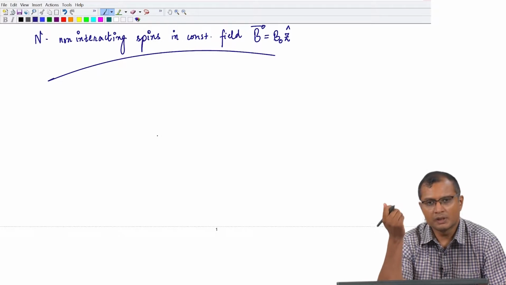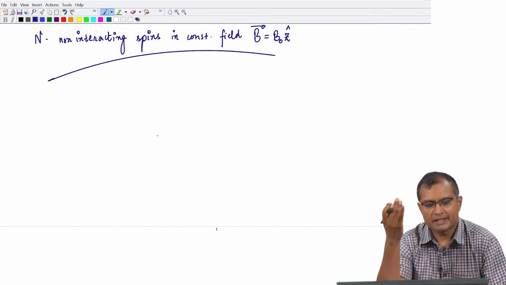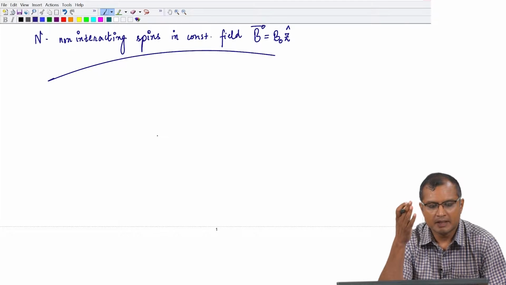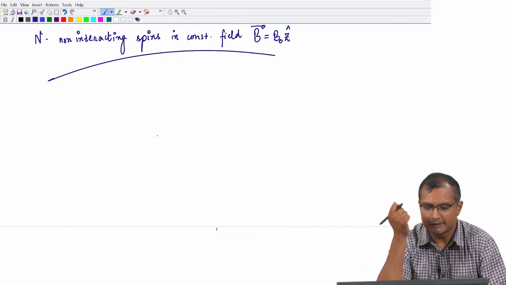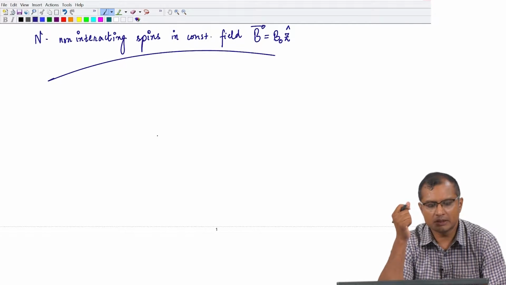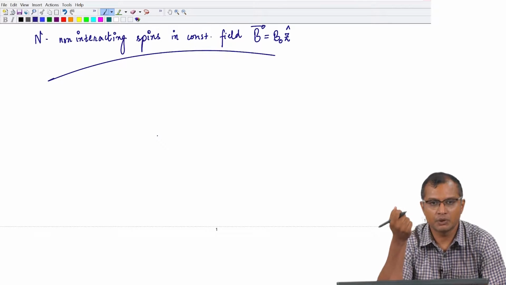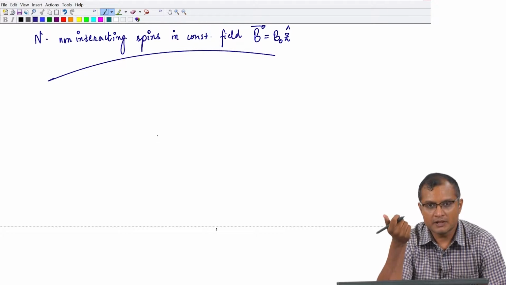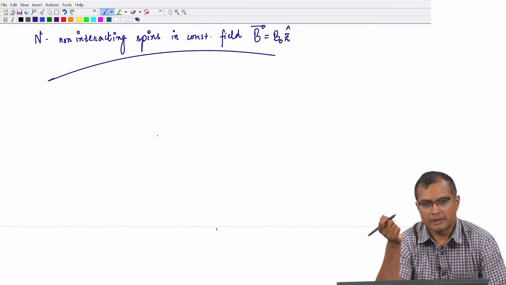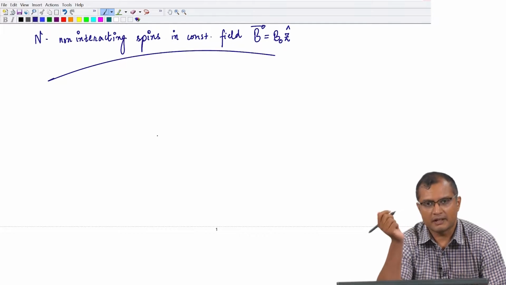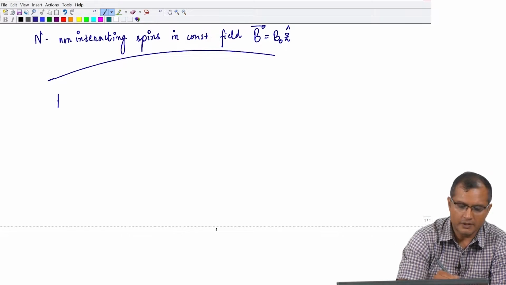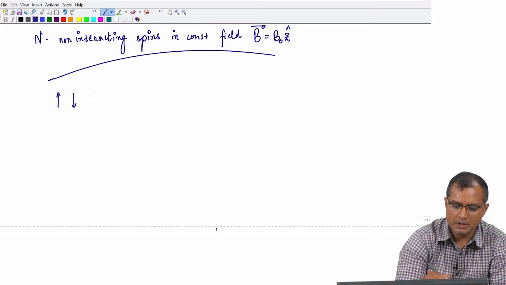Good afternoon, students. Today we will do a worked example of n non-interacting spins in a constant external magnetic field. Now, this is going to be a demonstration of how we compute physical properties of interest using statistical mechanics. And the working example that I have shown is spins in a magnetic field. So, you could think of these spins that are up and down